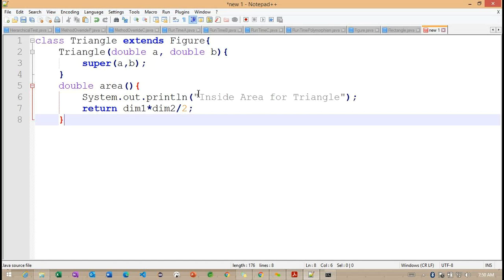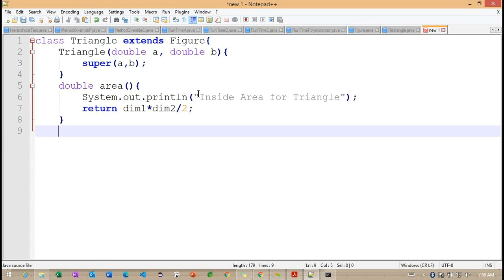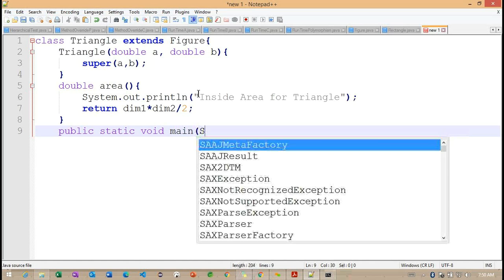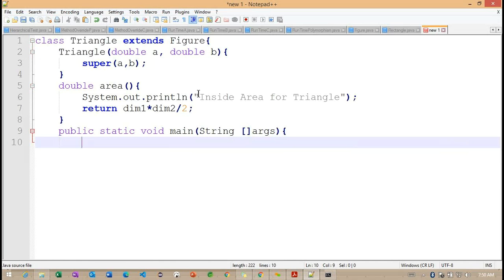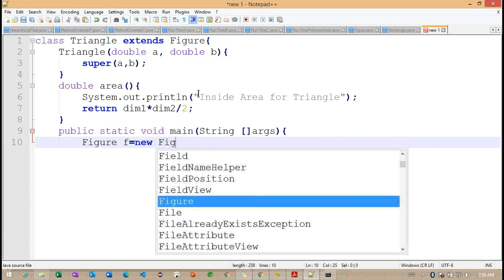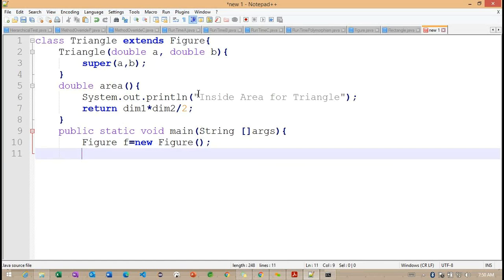Once I define these three classes, now we'll create an object here. Here only I'm working with the main method. So the Figure class I'm trying to create. Figure completed.